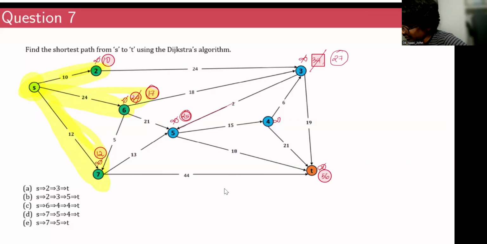Then the other neighbor is 5 along 4. So that is 25 plus 15, that is 40, which is less than infinity. So I'll replace this infinity with 40. Then I'll explore 5 along node T. So that is 25 plus 18. That is 43. That is less than 56, right? So I'll replace 56 by 43,